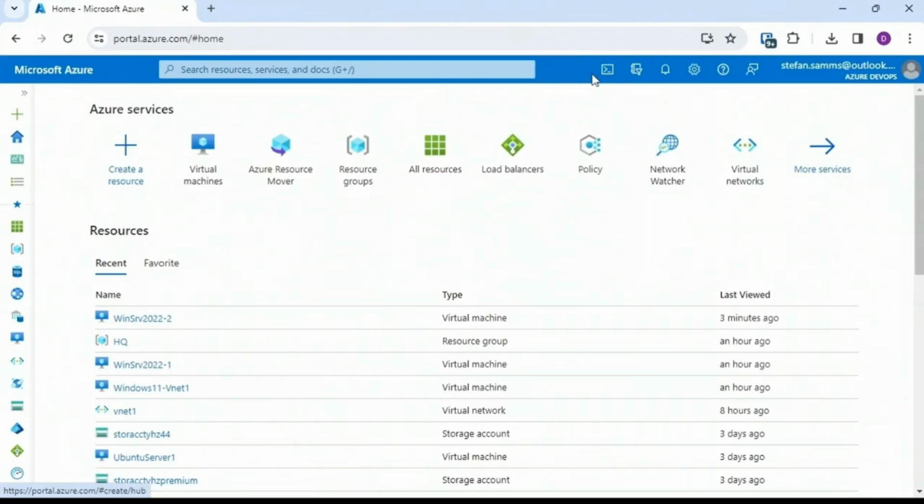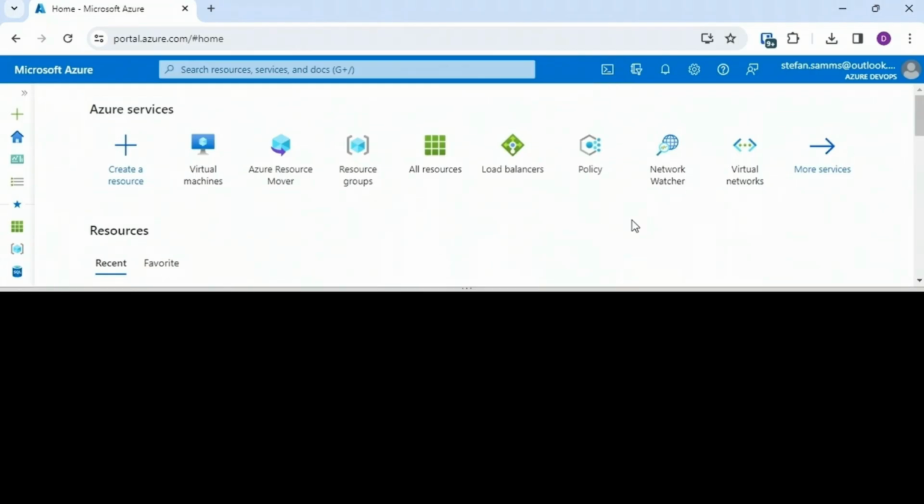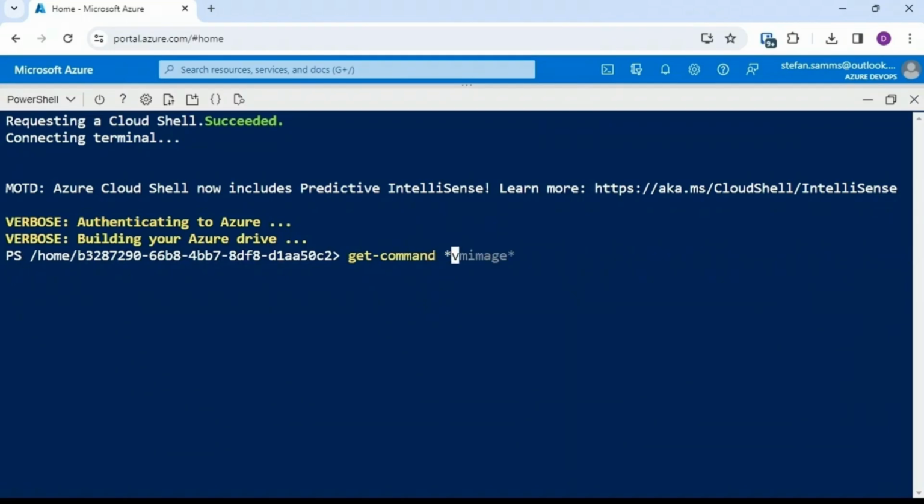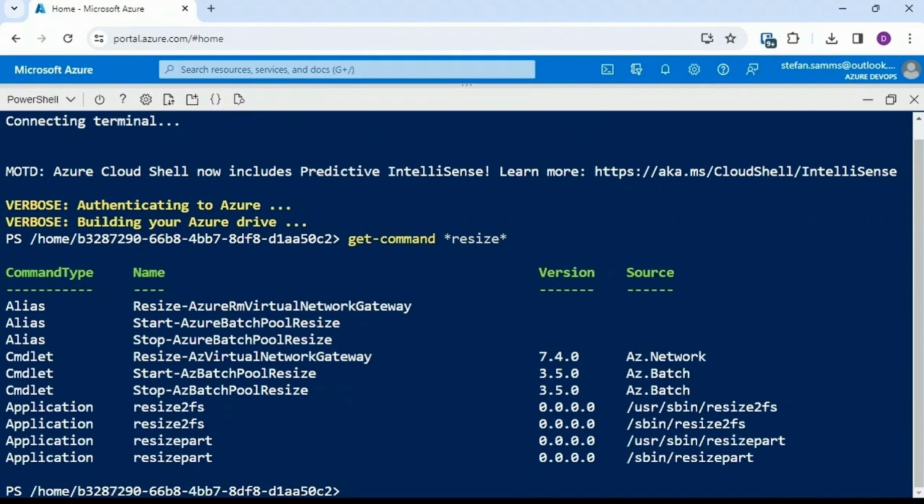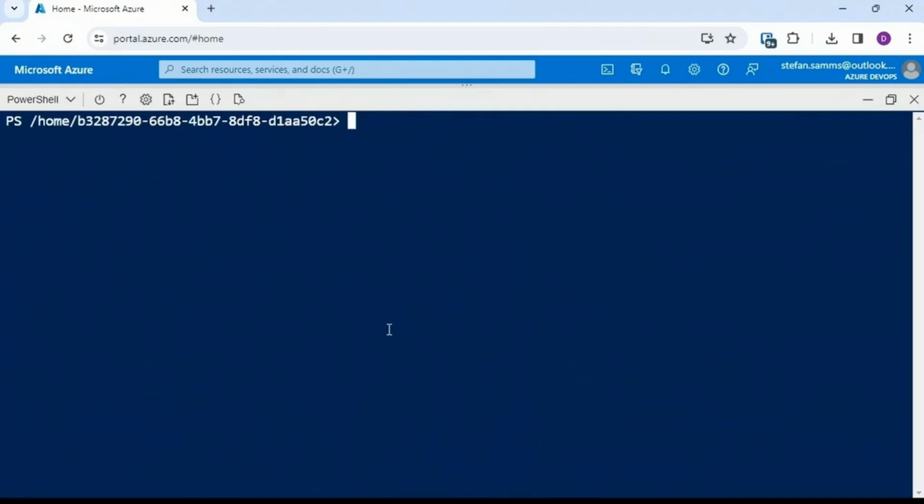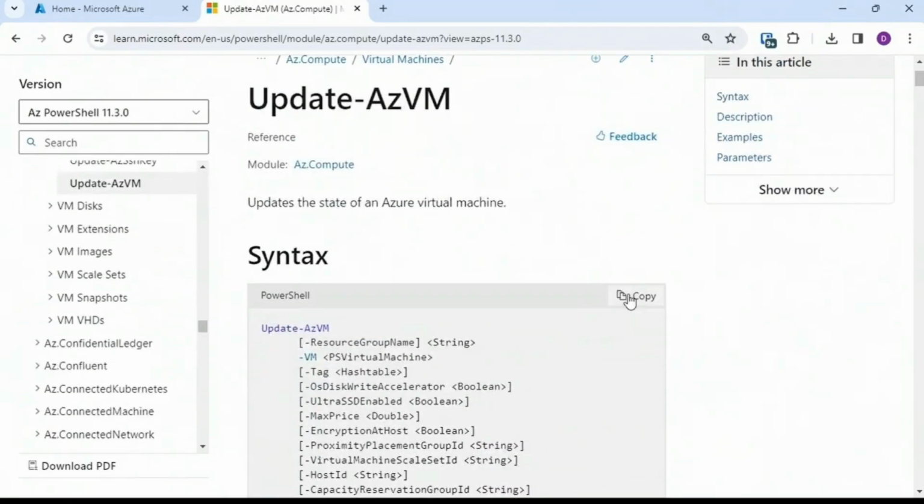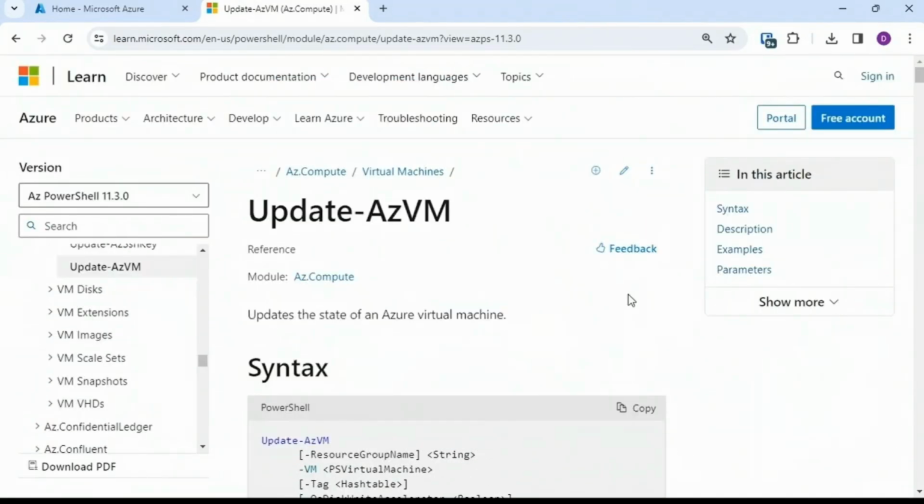Another quick note here, if we go into Cloud Shell, then I'll switch over to PowerShell. If I were to run get-command *resize*, notice we don't have a resize type of cmdlet, at least not a cmdlet with the word resize in it. So how would you do that? If you take a look at the online Microsoft Azure documentation, it won't take you long to determine that the correct cmdlet is called